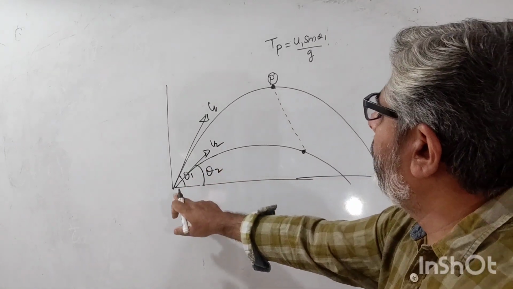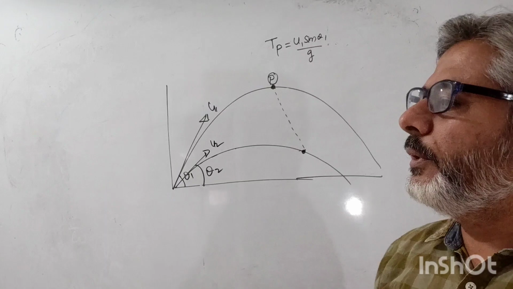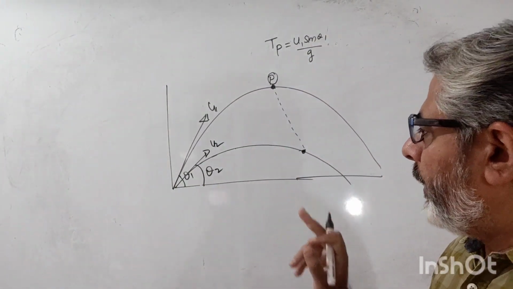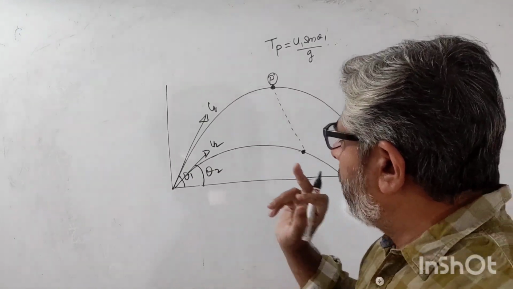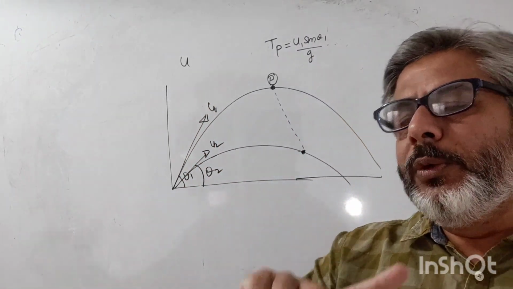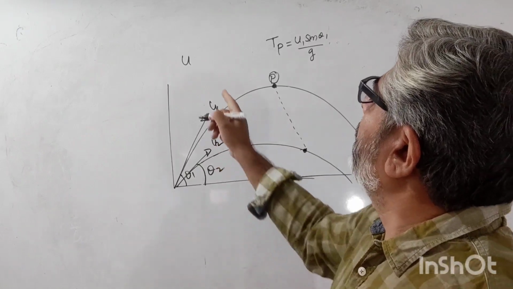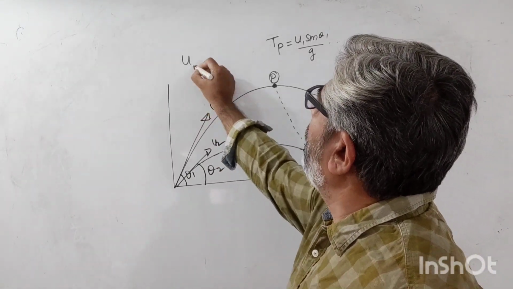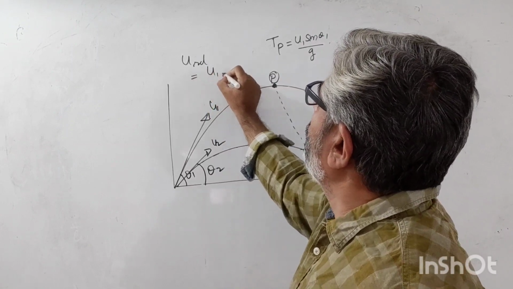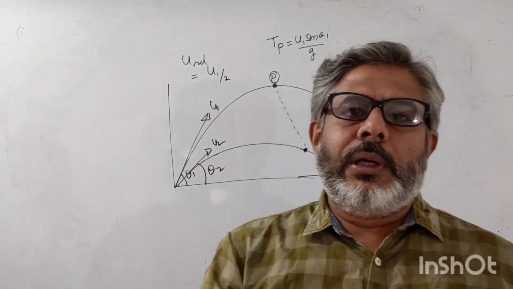I can maybe find the position of the second particle when the first is at the topmost point, but it seems very long to get this answer through this method. So I would like to remind you once again about the velocity of, let us say, projectile 2 with respect to 1 or 1 with respect to 2. If somebody asks you what is the relative velocity of the two projectiles, you can say it is u1 with respect to 2 or u2 with respect to 1. Either one you can use.